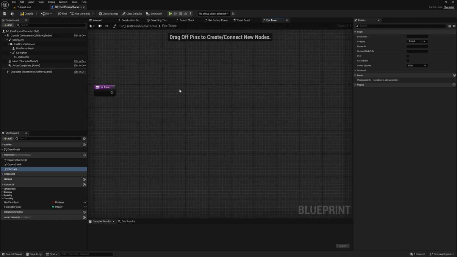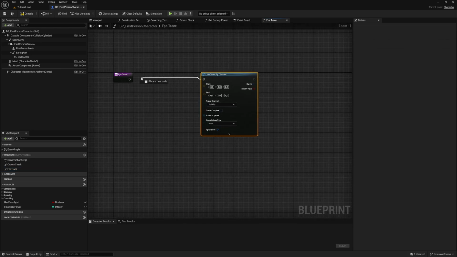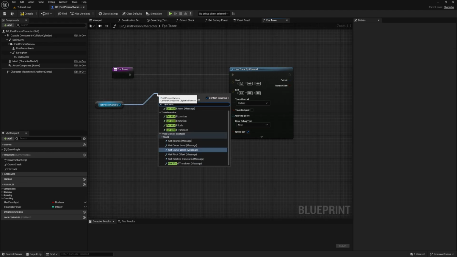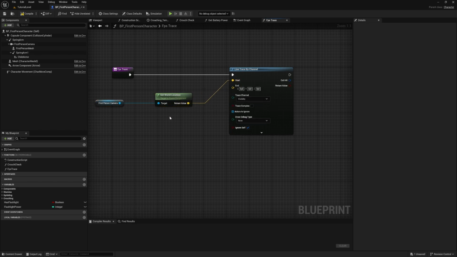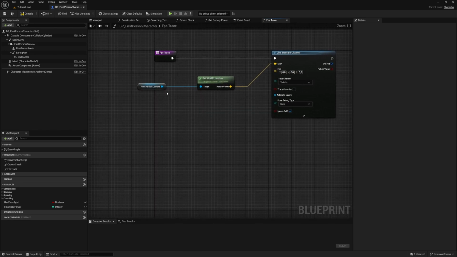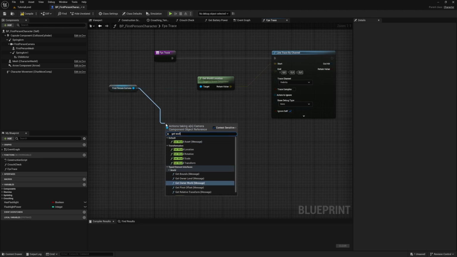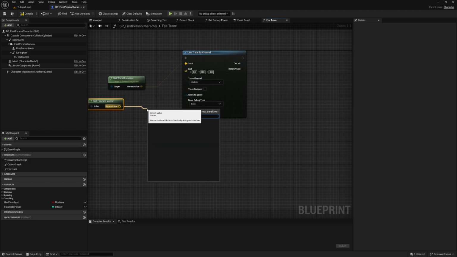Right, we need a line trace by channel. We can put that in. The start point will be the first person camera. We will get world location, and then that will go into the start. The end will be the first person camera, get world rotation, get forward vector, multiply,